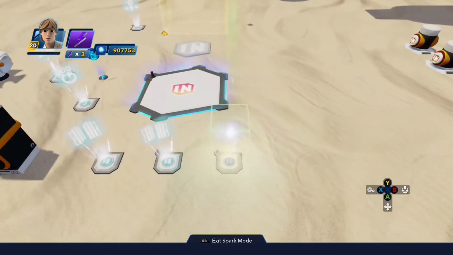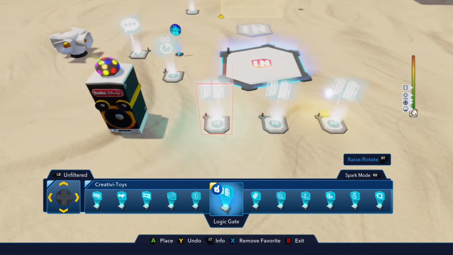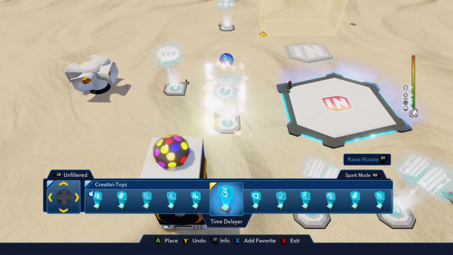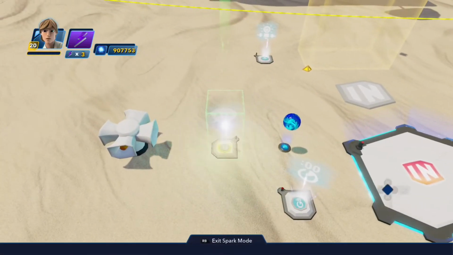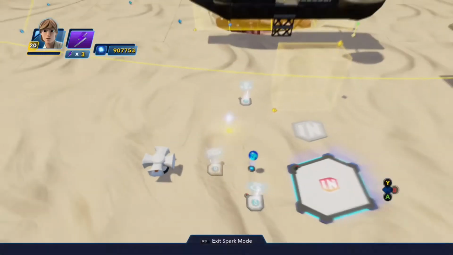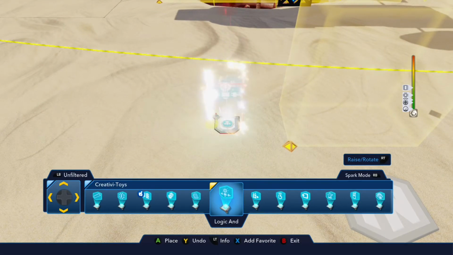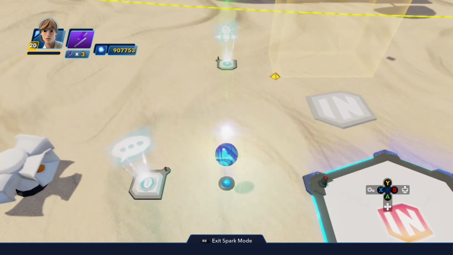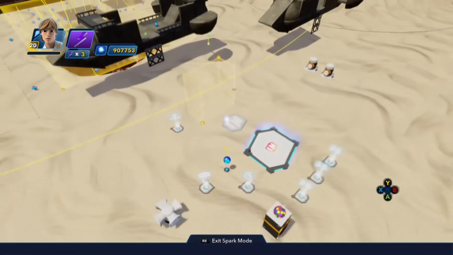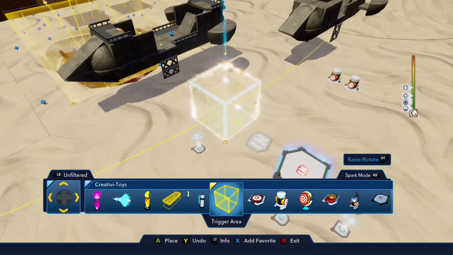We have 3 logic gates here that will control the various phases of the challenge maker. Have a time delayer, a text displayer, a logic and creativitoy, a blue team activator, a trigger area to start the challenge,